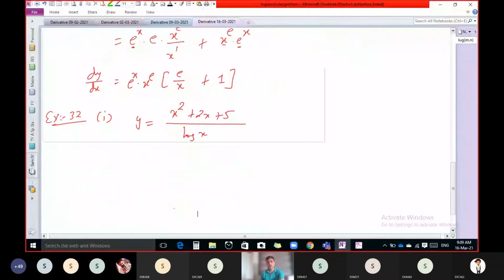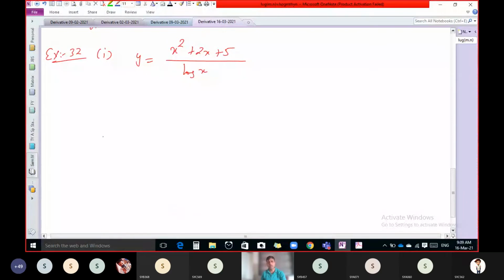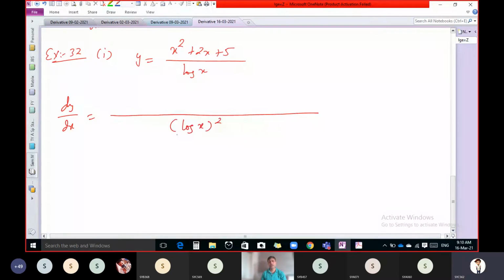Here you can use the u upon v rule, dy by dx, division rule. Okay, tell me the first step. What do we have to do? First of all, what do we have to write in the denominator? Denominator square. Yes, log x. Here you can write log x